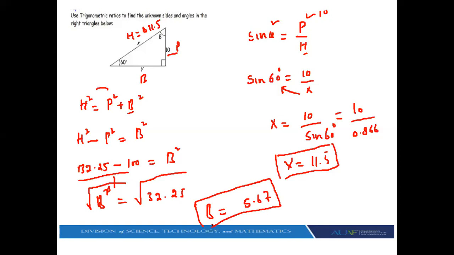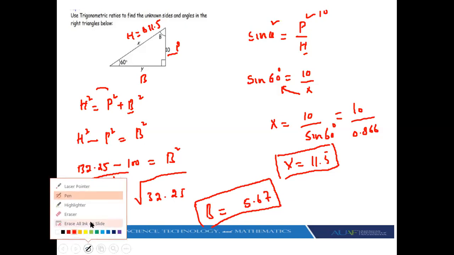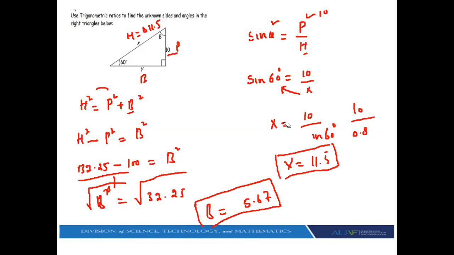Now we have all three sides. We have perpendicular, base and hypotenuse, but we are given only two angles. One is 90, second one is 60 degree. So how to find third angle? So to find third angle, what we need, actually we need,